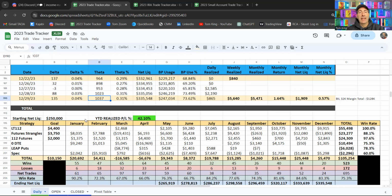Our theta ended up at 1,037, so really good theta to end the year, 0.31. I think in a low vol environment, that's perfectly fine. I'm happy where we are with theta to end the year. From a net liq standpoint, we happened to eke out a new all-time high on the year. So we finished at our highest level of the year,